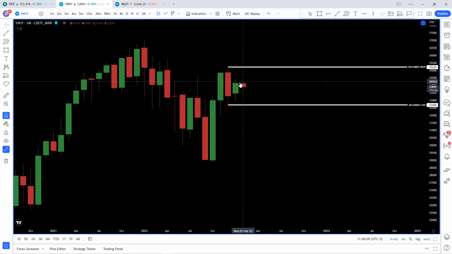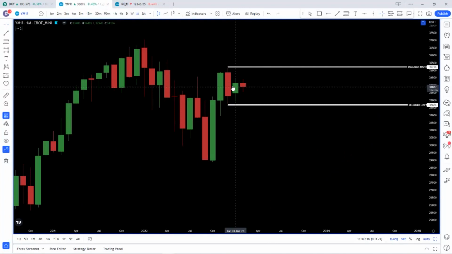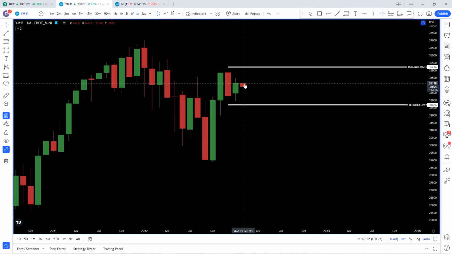You see how on the monthly chart, we were inside December's range in January. Now in February, we're inside January's range. So we're really squeezing real tight on the monthly chart. I'm expecting some larger candles coming soon, but I want a better read on that potential direction. Because if I'm wrong by jumping the gun and not having enough data to frame something higher probability,